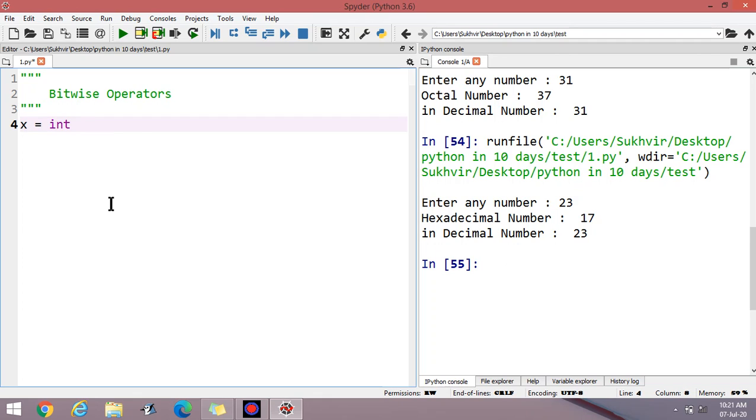First of all, enter any two integer values. Enter the first value, or first number, you can write x.